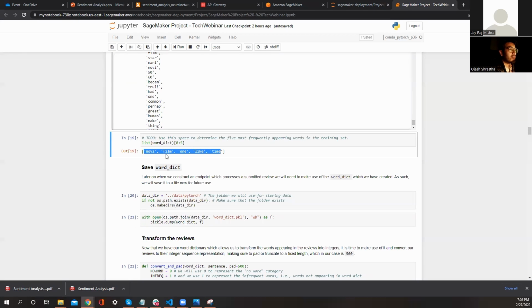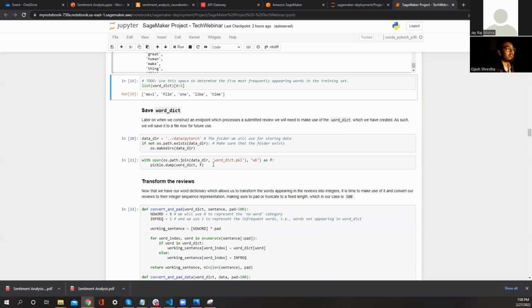So some of the frequently common words are movie, film, one, like, it, time. You can understand why these words would be really in use, right? These are the most frequently used. Why? Because if you count the number of times these words have been used in all of these reviews, it's really sure: one of the best movies I have watched, one of the worst movies I watched. I love the movie, I like the movie, right? And one time. So you can see how these words are used out there.